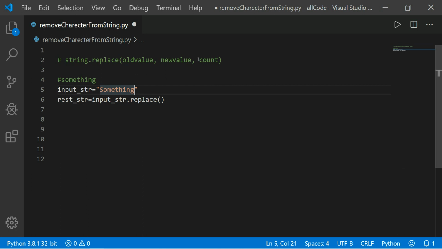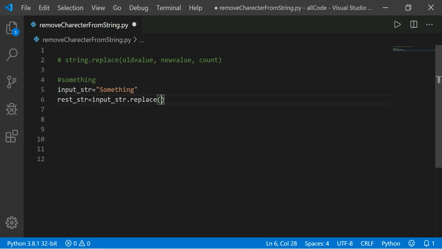The count is optional, you can pass it or not as you prefer, but here I am not passing the count, because I want to remove all the G inside something. Here there is only one G, but I will also see another example in which a word appears multiple times in the string.